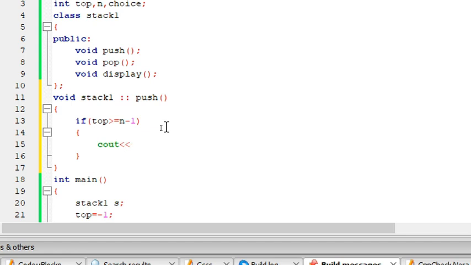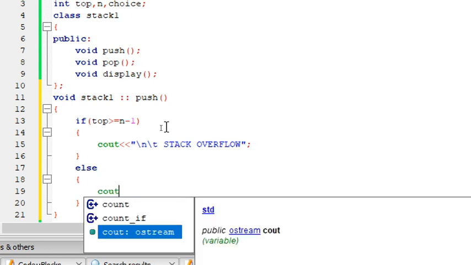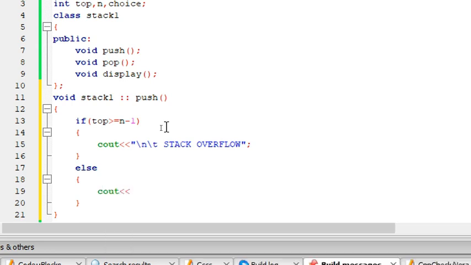It should be displayed like stack overflow. Else, if there is space, here is where I need to insert one by one. First, I need to get the value. What is the value you are going to insert? You need to get it from the end user.